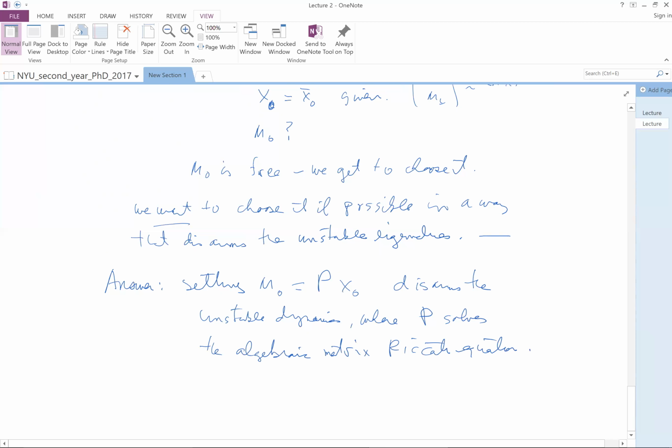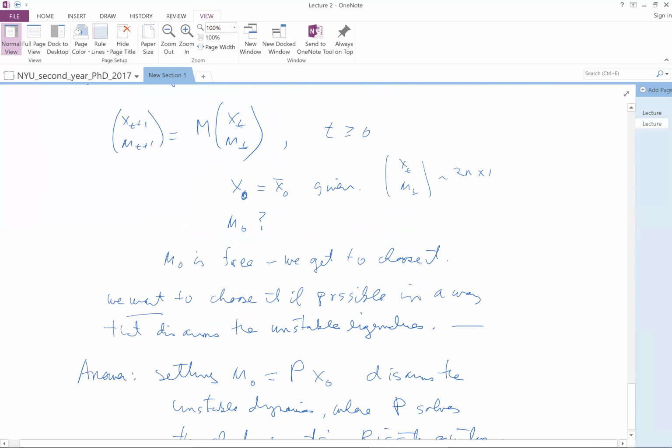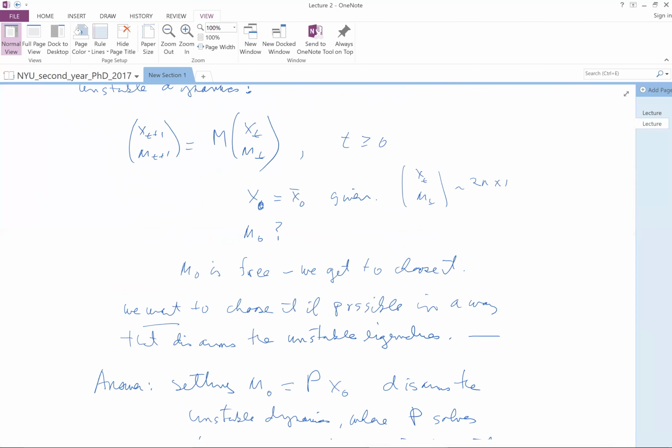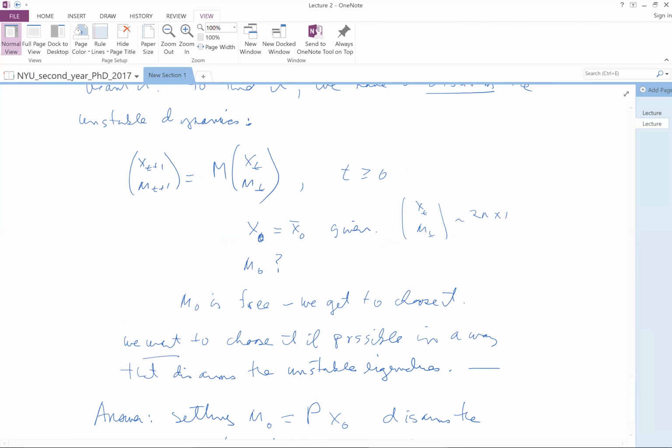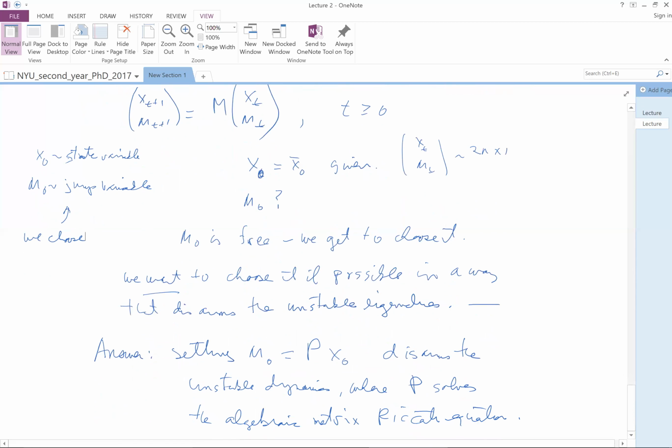That's our punchline. So in this system here, x0 is a state variable. And the way some people, like Nancy Stokey, might say this, mu 0 is a so-called jump variable. We must choose it. And the way we choose it is to enforce the key condition that we want a stable system,